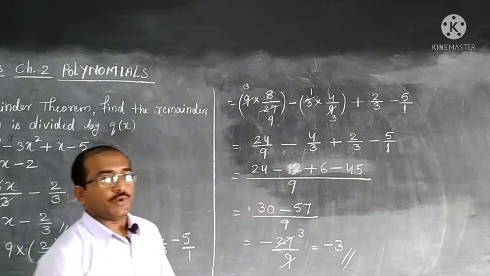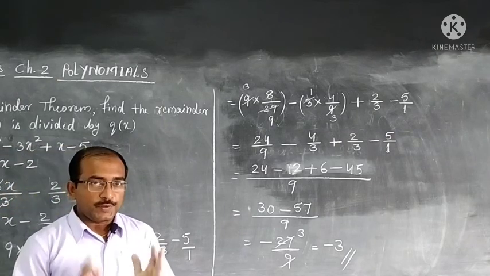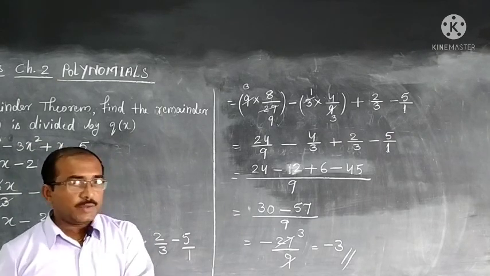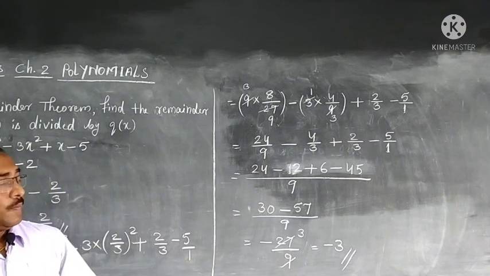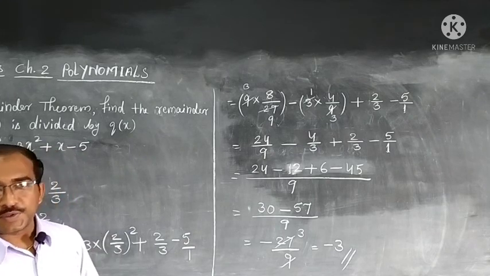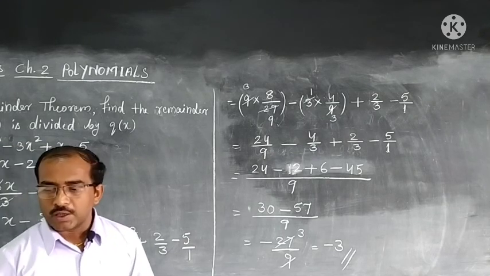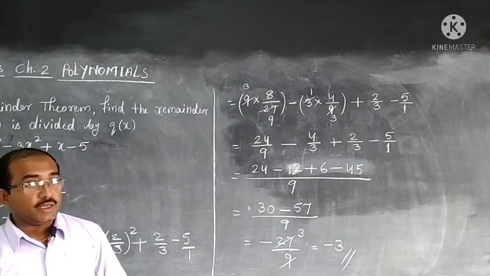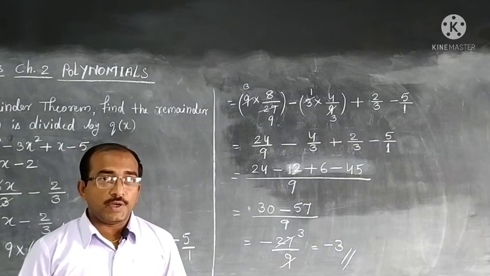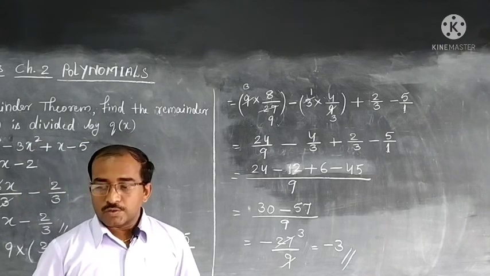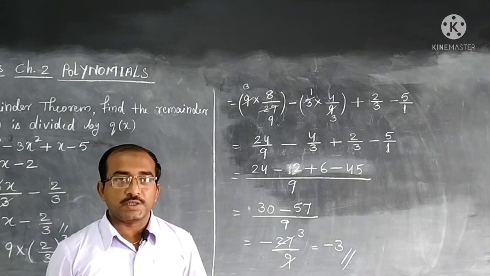So we have learned very nicely how to prove it is a factor, or also how to find whether this is a multiple of another one, or also find the remainder using the remainder theorem. Now some word problems are there based on this same topic, question number 6, 7 and 8, very important. So we will see them in the next video. Those questions are very important from the point of view of examination. So we will understand question number 6, 7 and 8 in the next video. See you.